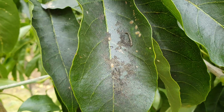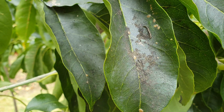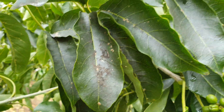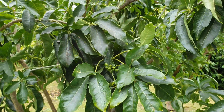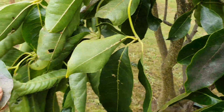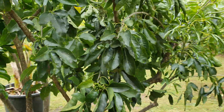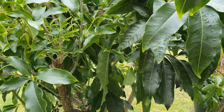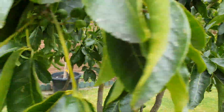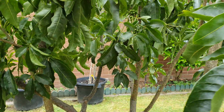I sprayed the white sapotes a couple of days before the rain, I think on Wednesday or Thursday, because it was getting soot, the moldy soot, and also scale, just like the mango, the Glen. So I sprayed the Glen, and I sprayed the white sapotes here, right? This is every year. If you get these white sapotes, be prepared for a lot of scale and sooty mold, especially on some varieties like this Hawaiian Supreme. It's my favorite white sapote, but it's the one that gets affected the most by the scale, unfortunately. Yeah, so it needs 2 applications 1 week apart,